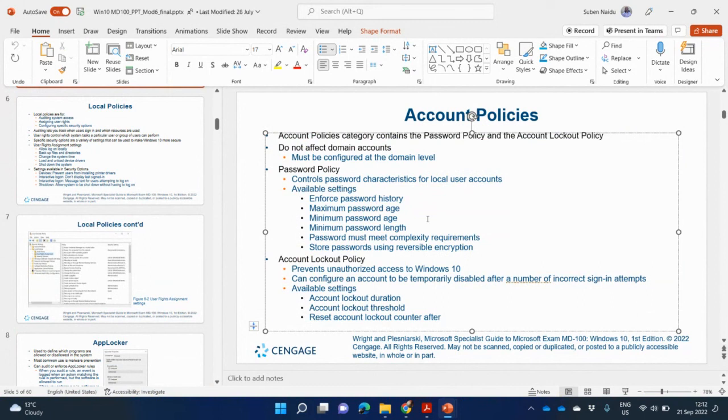So enforce password history means you cannot use the passwords that you've used before. Maximum password age means for how long the password can be valid. In other words, is it valid for 1 month, 2 months, 3 months, etc.? Minimum password age: I must use the new password for at least 1 week or 2 weeks before I change the password, right? This is there because people might change the password to something else and change it back to the old password. Next one,